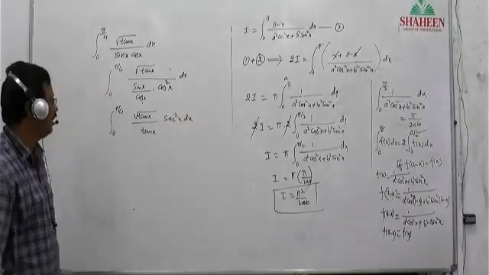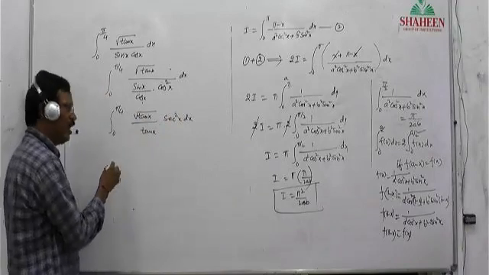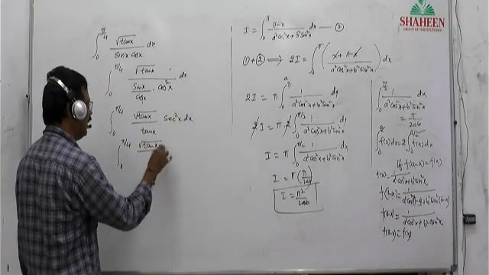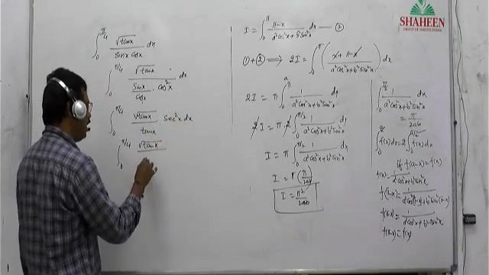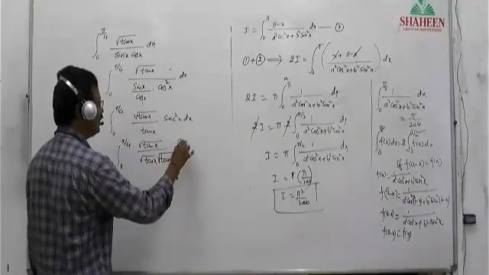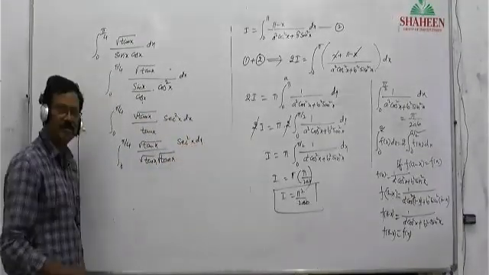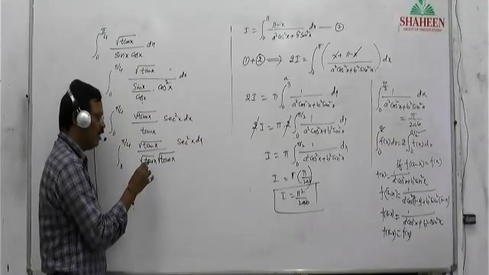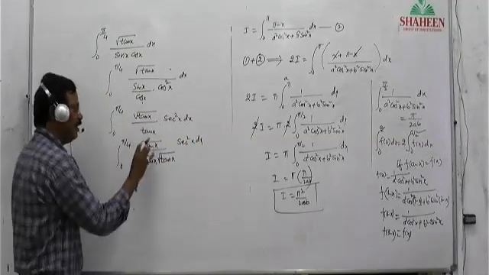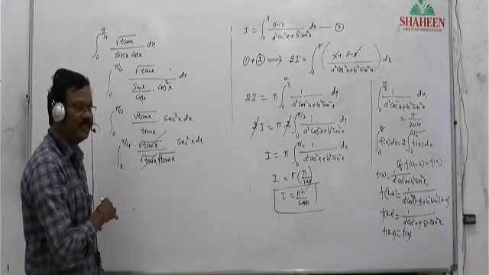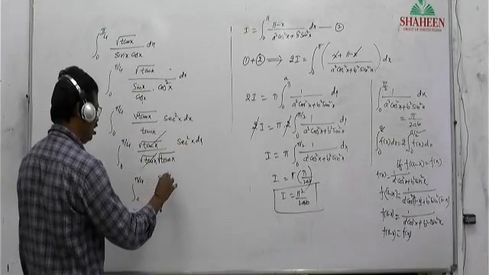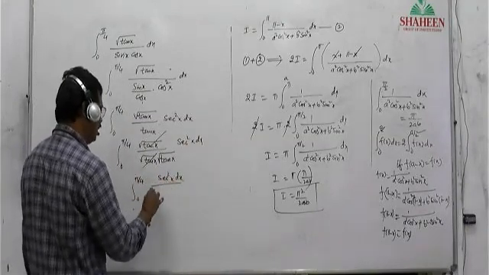Is it correct? Now this is root tan x by tan x. Can we write this denominator tan x as root tan x into root tan x? Is it correct or not? Root tan into root tan is nothing but tan. One root tan is cancelled. Therefore, the problem is the integral from 0 to pi by 4 of sec square x dx by under root of tan x.